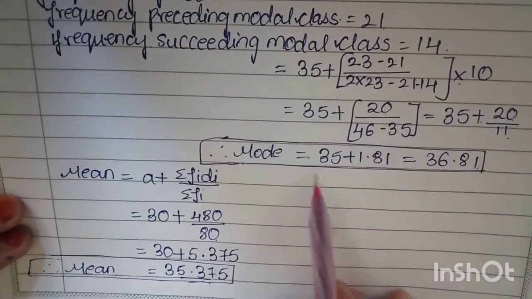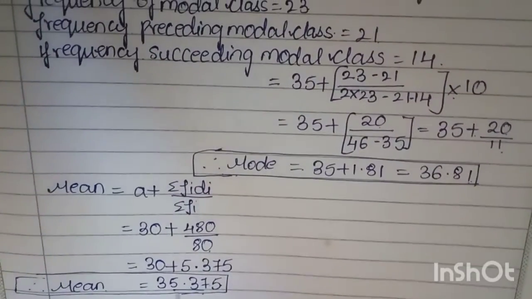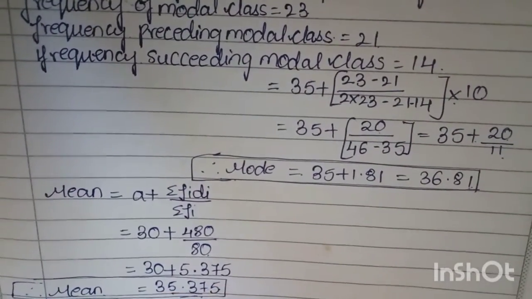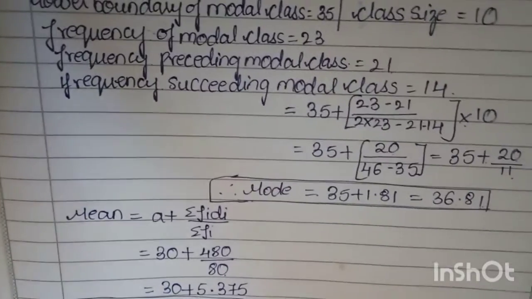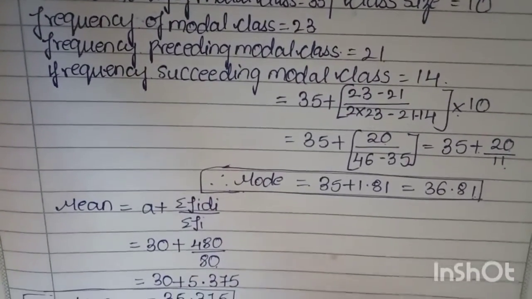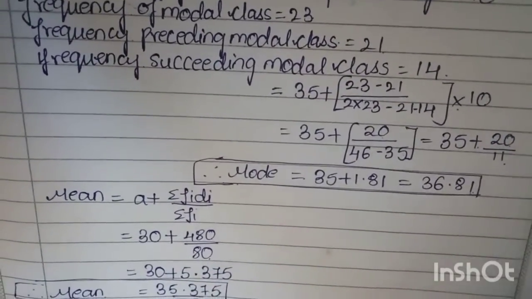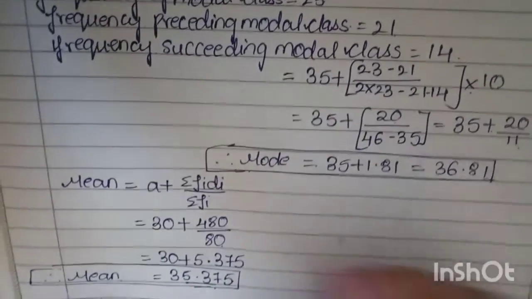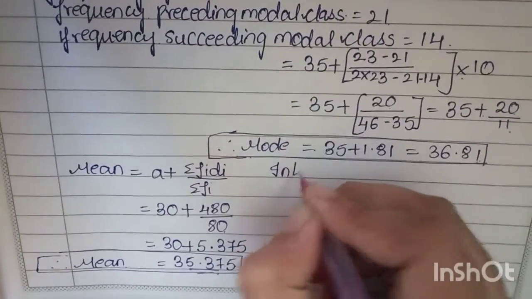So you got the mode like this and the mean like this. Now we have to write the interpretation. What is meant by interpretation: based on the answer you got, you have to conclude using one sentence. So the interpretation will be written as,